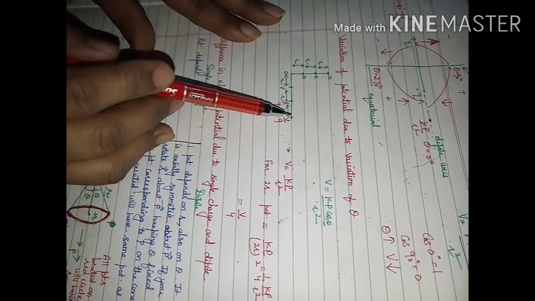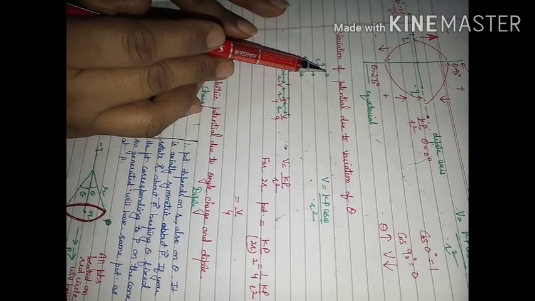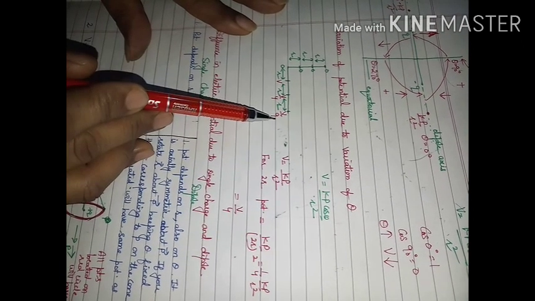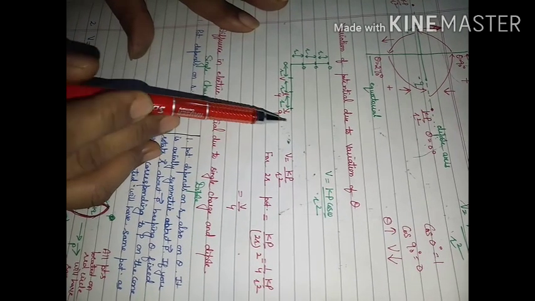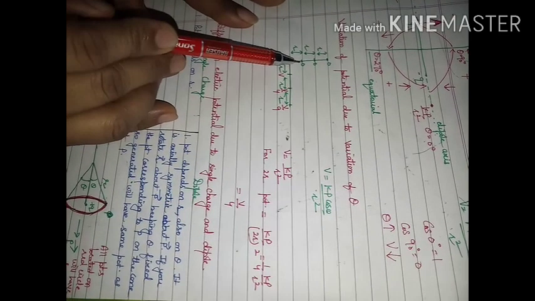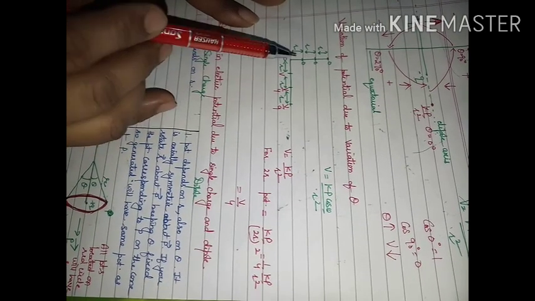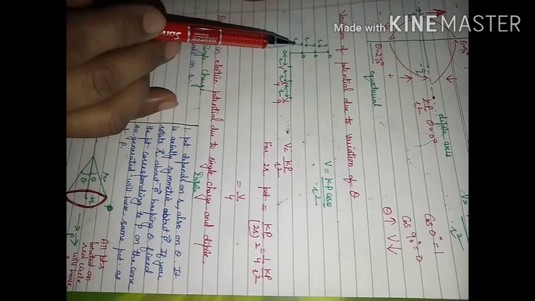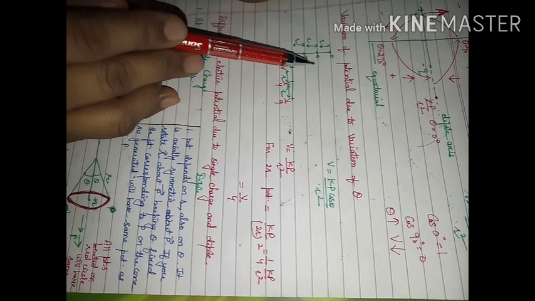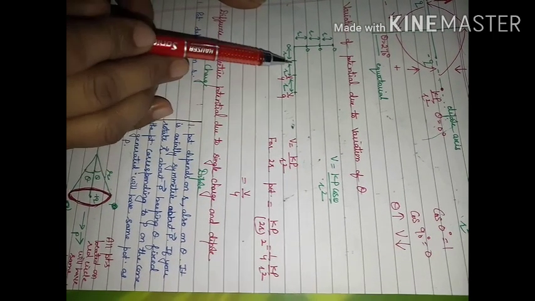And this is again one graph. Along this axis I am showing how the potential changes on the equatorial line with distance. Along this side we show how the potential changes with distance on the axial line. On the equatorial line, you can be at any distance, the value of potential will be 0 because theta is 90 degrees there. So at any point on the equatorial line, the electric field will be non-zero, but the potential due to a dipole will come out to be 0. And on the axial line it decreases with increase in distance.